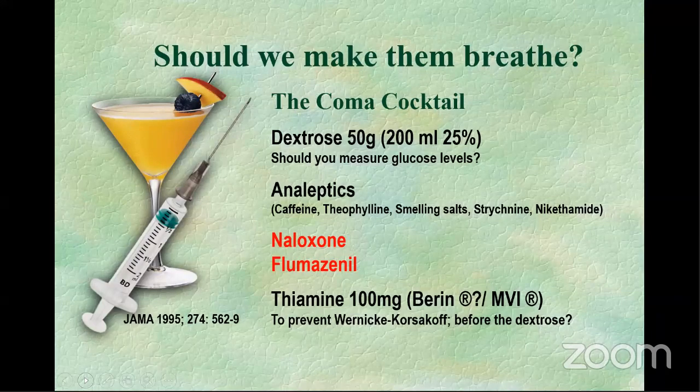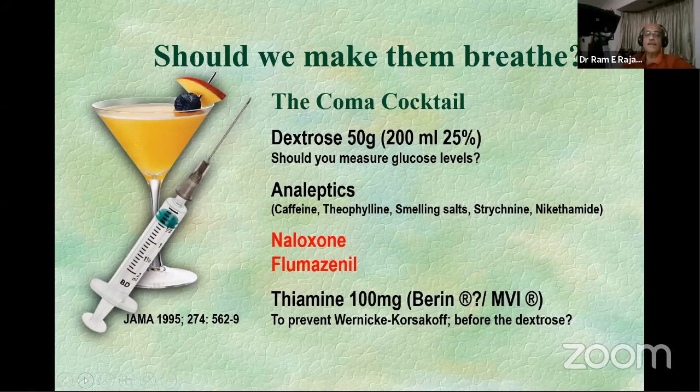Yes, sir. And along those lines, people started worrying that if you're going to be giving glucose to a large number of patients who have a thiamine deficiency, you may probably be worsening the situation. So somebody added the thiamine to it. But the classic analeptics of the past were all the drugs that we don't have any use for. The modern analeptics that we introduced later were naloxone and flumazenil. Okay, and you can go off and I will continue with this.